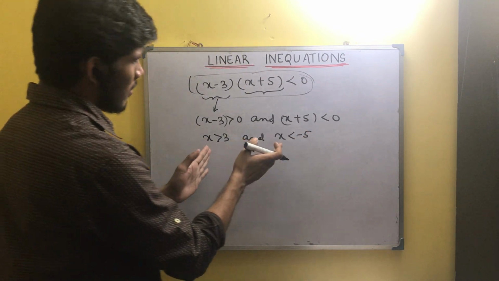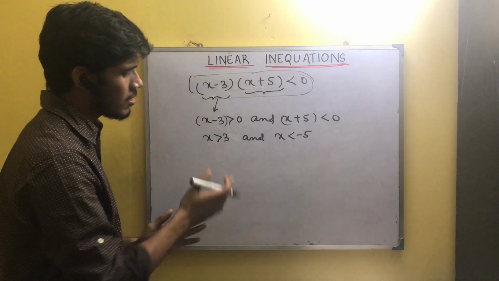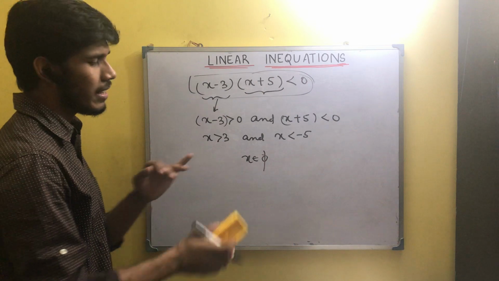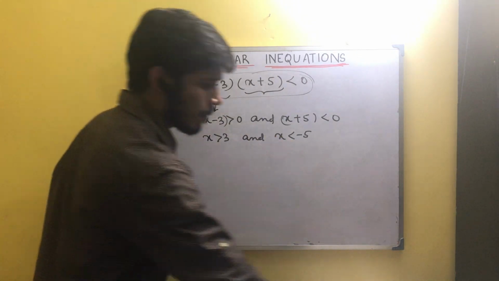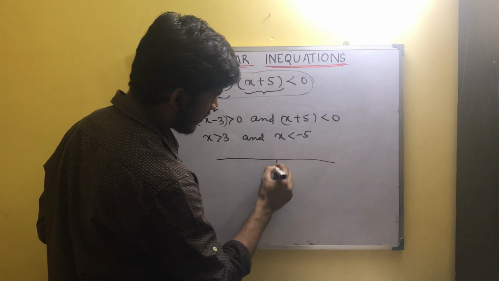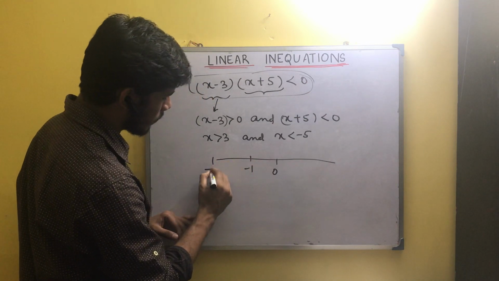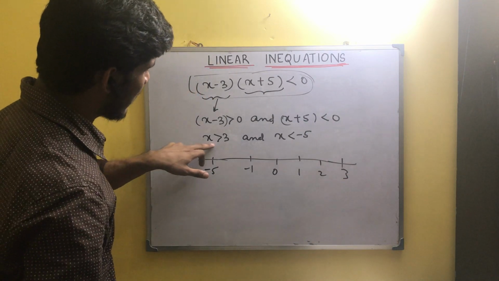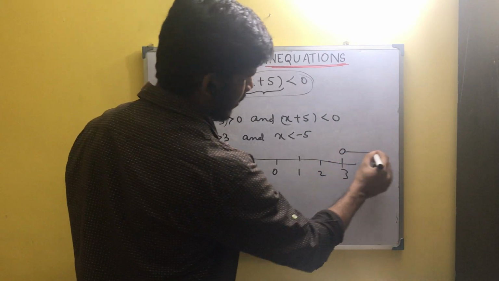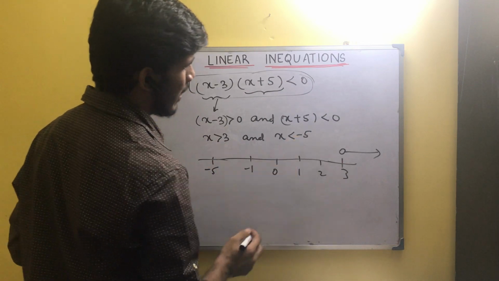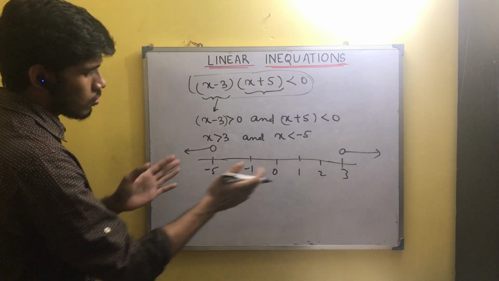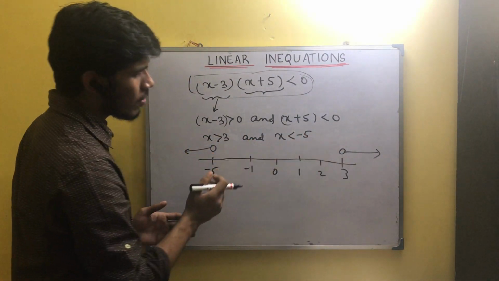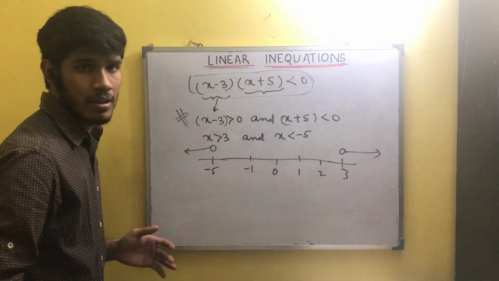Now if you see what does it mean? It just means that x belongs to the empty set. Means nothing. X doesn't get any values from these two, isn't it? Why? Because if you can see on a number line, here is 0, here is minus 1, somewhere here will be minus 5, and here is 1, 2, here somewhere is 3. It is saying x must be greater than 3. Exclude 3, move rightward. Now it is saying x must be less than minus 5. Exclude minus 5. So what is common in these two? Nothing, isn't it? So no values of x are possible from this case.